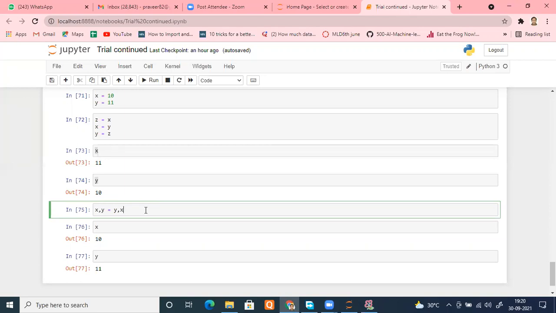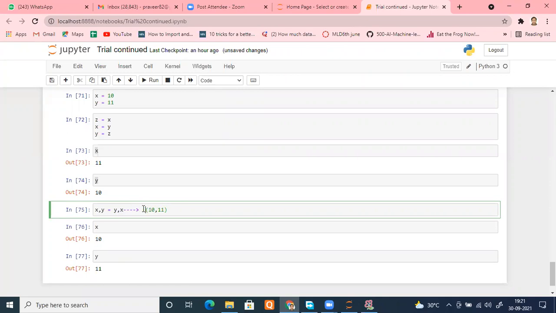So actually what has happened here: the moment you write this expression, what will it be storing? It will be storing a tuple having the value y. What is the y value before this? 10. We are not putting brackets, but automatically it will consider it as a tuple. And the second element is x. What is x? 11. It means this line will do this first: y, x. Once you read y, x, the tuple will be created like this.